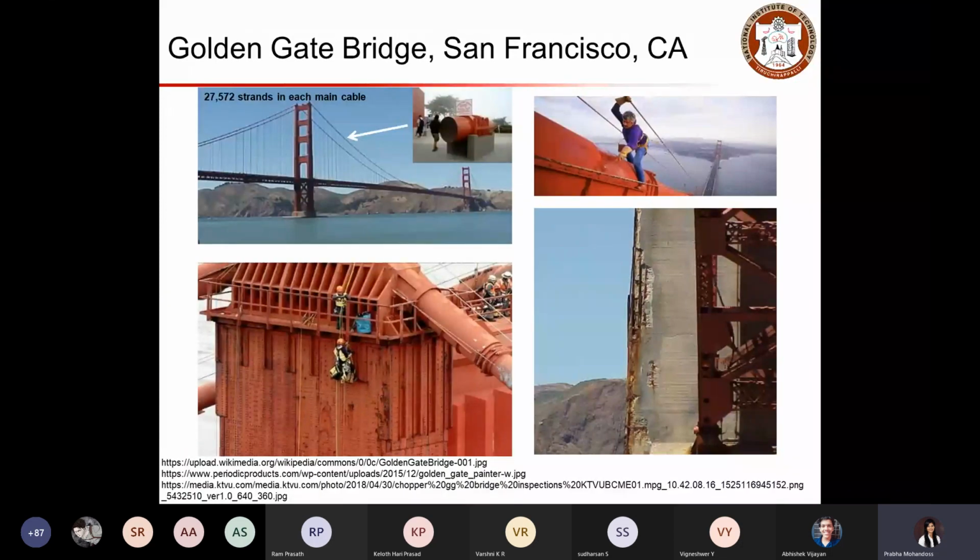Here we can see the number of steel strands used in the construction, such a huge number, about 27 to 28,000 strands used in each main cable. And it is exposed to the sea environment, which is highly corrosive. So it's very important to maintain such a structure from corrosion.